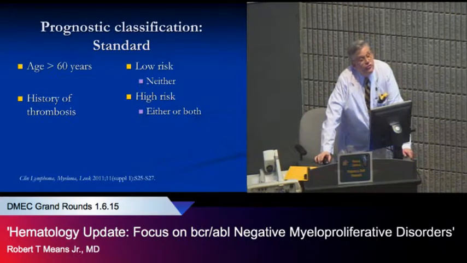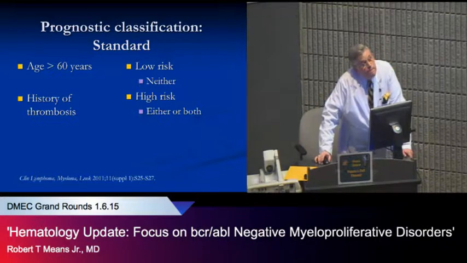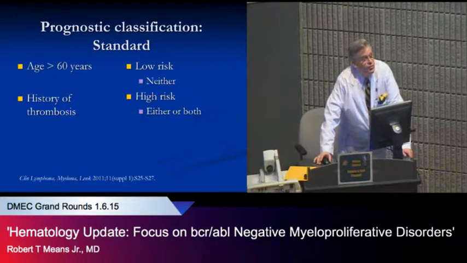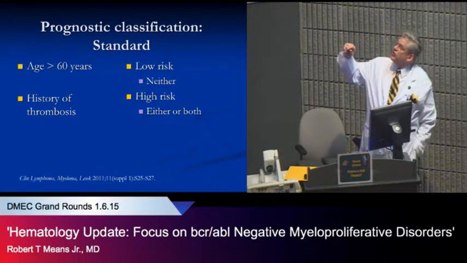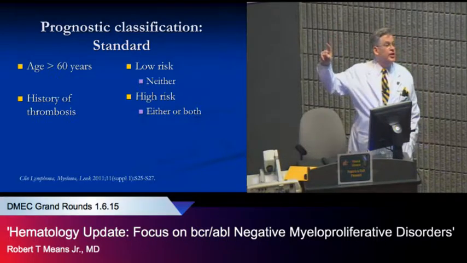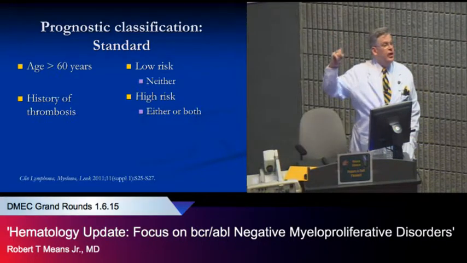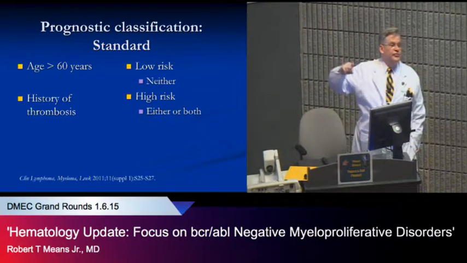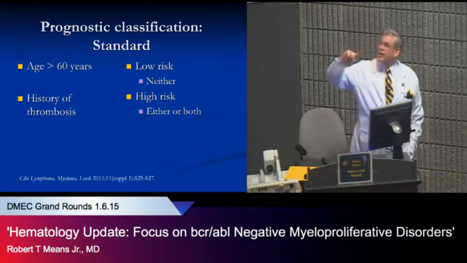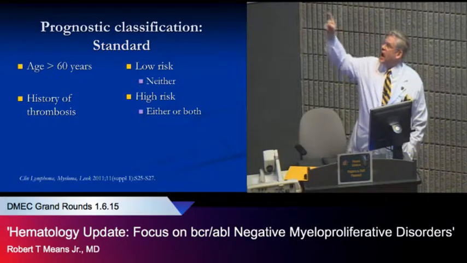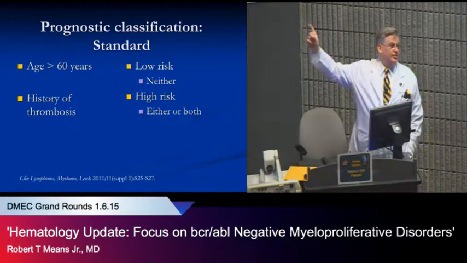This is one of the newer features of the thing. You should base your treatment of things on how it's going to affect the patient's life. How are you going to correct it? What are the prognostic classifications? This is the traditional prognostic classification of essential thrombocytosis. There were two criteria. Were you older than 60, and had you ever had a thrombosis? If you were younger than 60 and you had never had a thrombosis, you were low risk. If you had had either of those or both of those, you were high risk.